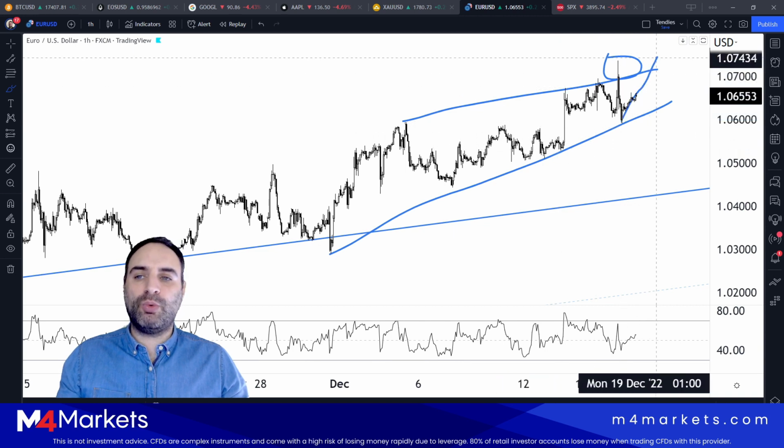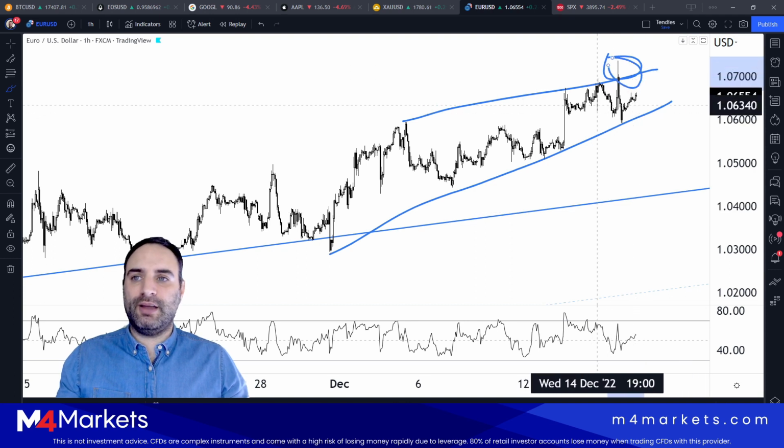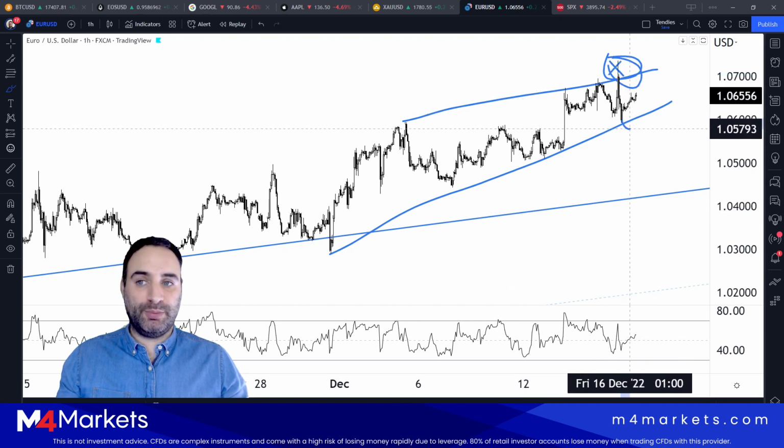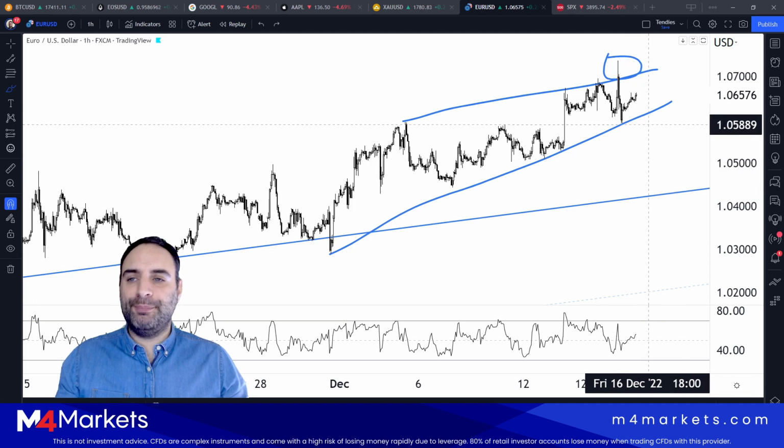So that doesn't necessarily mean that we've ended here. Maybe we're going to get one more wave to the upside and then fall, because you probably understand that there have been quite a few people that shorted over here. So in order to liquidate them, they're going to send the prices higher here. For now,